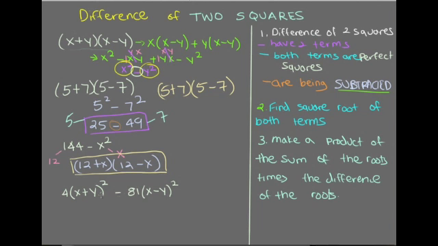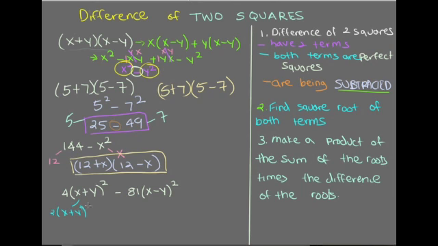So as you see here, we have two terms. And are they both perfect squares? Yes, they are, because x plus y whole squared is a perfect square because it's x plus y quantity times x plus y quantity. And is 4 a perfect square? Yes, it is. So the square root of this term would be 2 times x plus y, because if we